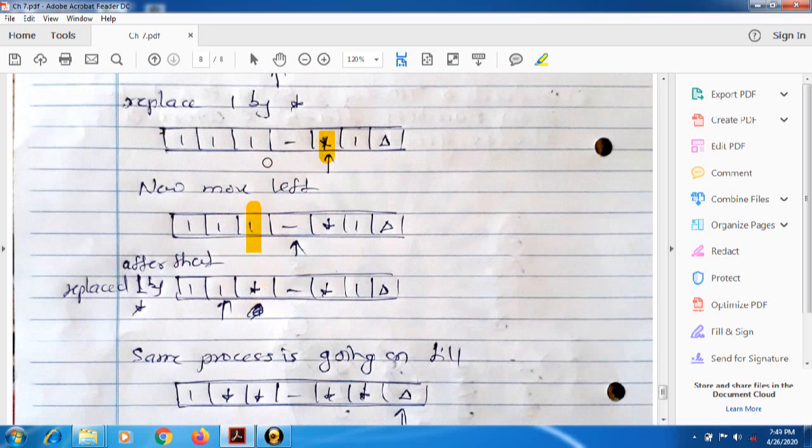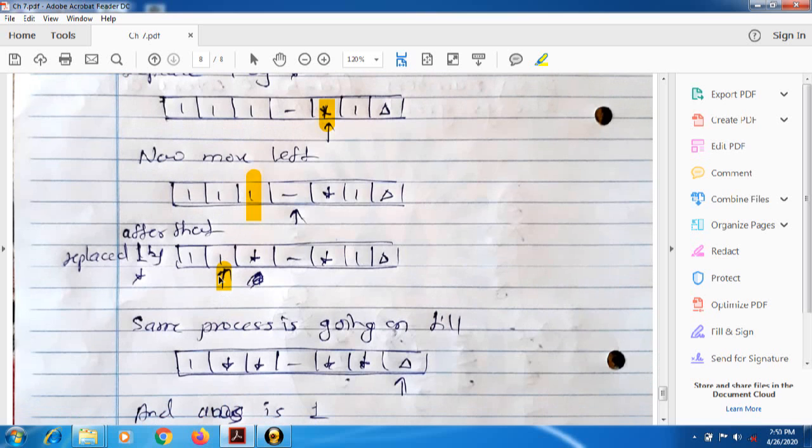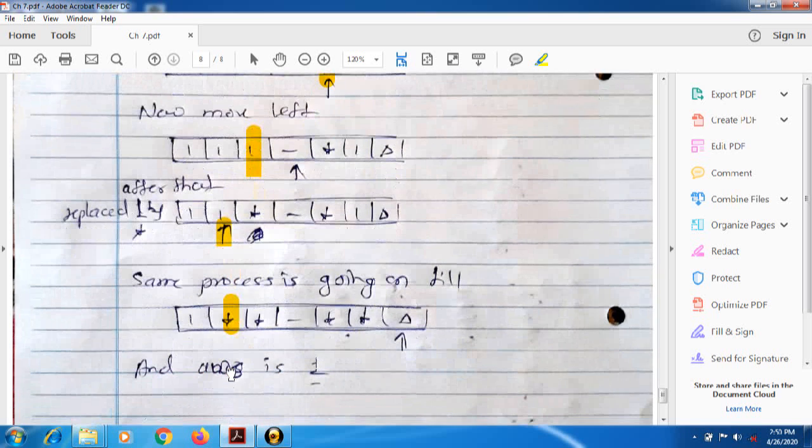star, because we have counted 1 from digit 3 and 1 from digit 2, and right now we have cancelled it. Star means we have cancelled that one. Whenever we find 1, we have to move towards the left side only, and whenever we find 1, then again we have to replace it by star. First we will go to the right side. Again we will find 1, we will replace it as a star.